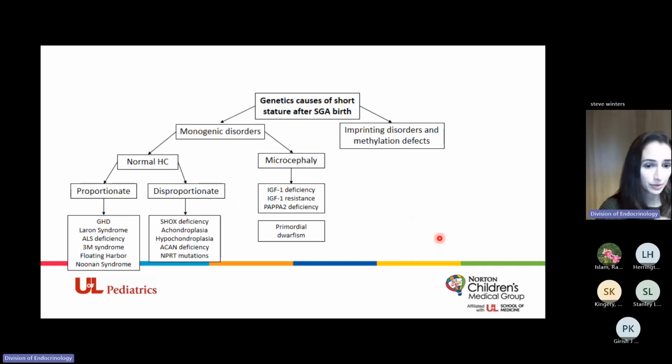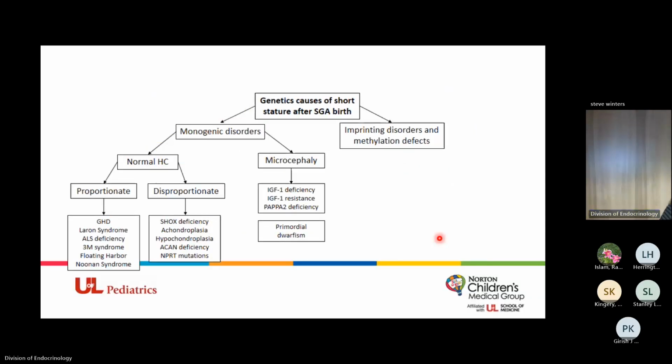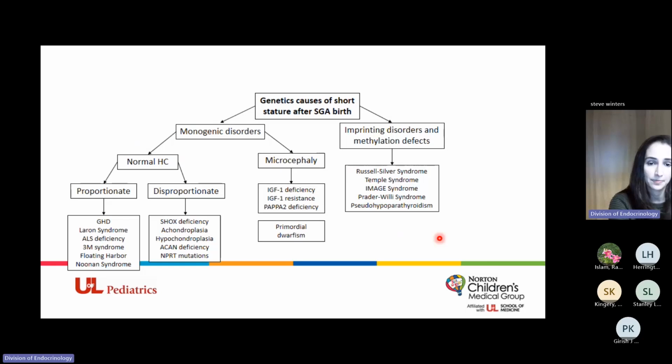Then there is a whole separate group that is primordial dwarfism. These are very severe. Typically, they have very significant dysmorphic features, and I think these are relatively easy to identify. I think typically these patients will get referred to genetics early on, and usually we have a clear genetic diagnosis. And then of those that have imprinting disorders and methylation defects, most of them will have significant SGA birth